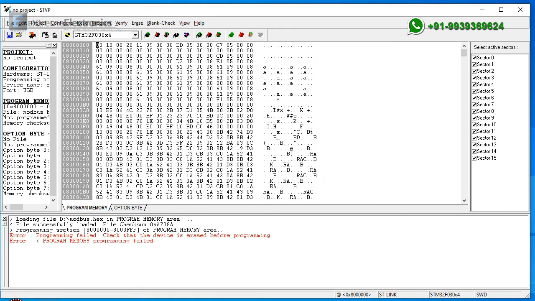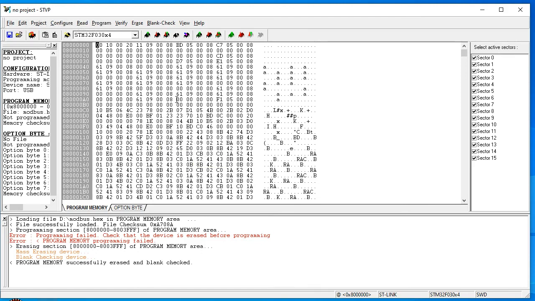To erase the old contents of the microcontroller, go to the erase menu. Now the chip is successfully erased and new data can be written to the chip. Click on the write button once again. Now you can see the flash memory is successfully written.